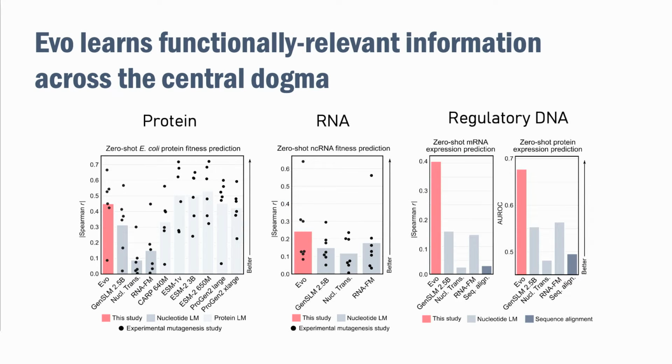So actually, very interestingly, even though we train the model on just long genome crops, so we don't give the model any explicit annotations of where the protein coding sequences are, or where the non-coding RNA sequences are, or where any of the regulatory DNA sequences are, the model can actually learn some properties of protein function directly from the genome sequence. And this ability, for example, to predict the mutational effects on protein fitness is better than other models trained on genomes directly on DNA, and it's actually approaching